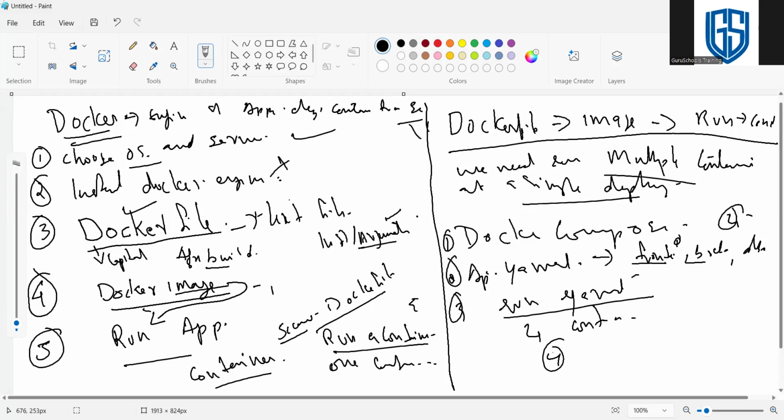For example, if there is only 1 service, then we can go with Docker. For a multi-container environment, we need to create everything and choose the YAML file. Only a YAML file is allowed for the Docker Compose scenario. Coming to the lab, I will show you how to deploy multi-container and how to deploy a single container using Docker.